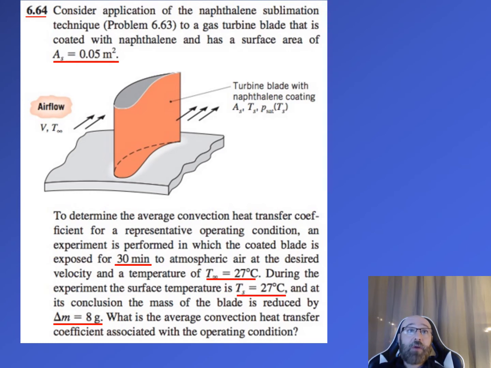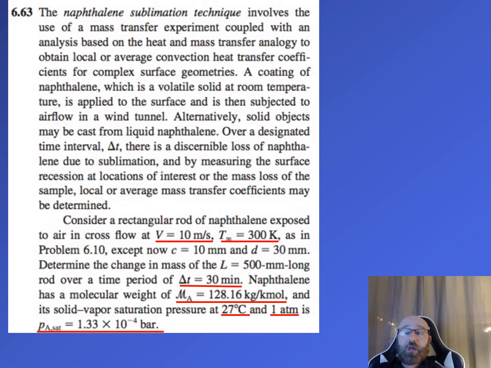Within this problem, it also references problem 6.63, so I've included this problem statement as well for you to reference. So here is that problem 6.63 that's referenced in 6.64. A lot of times the textbook does this, so please make sure you go back and reference everything in this. And there are even problems that reference another problem, that reference a table, that reference another problem, so on and so